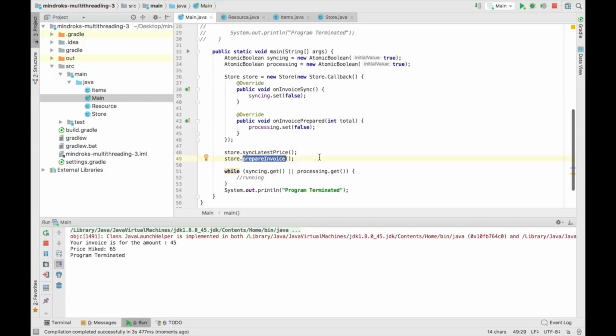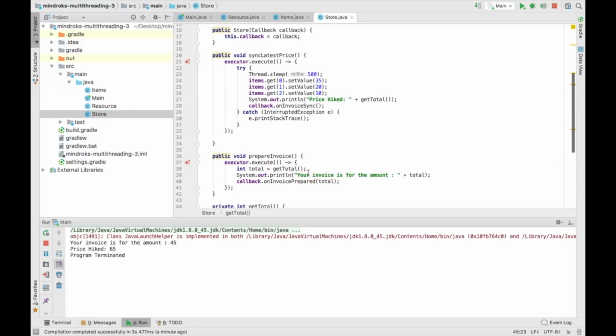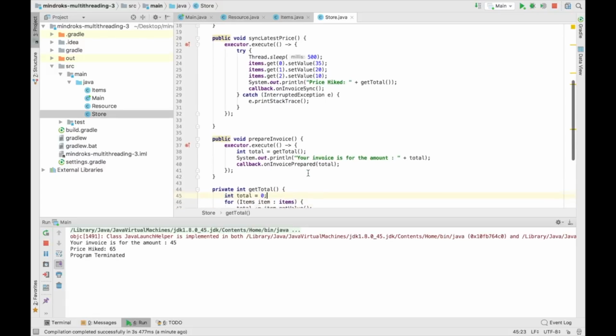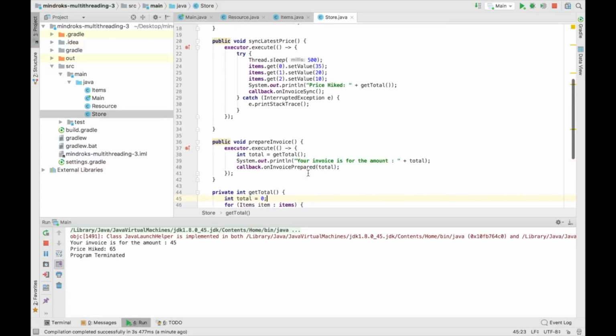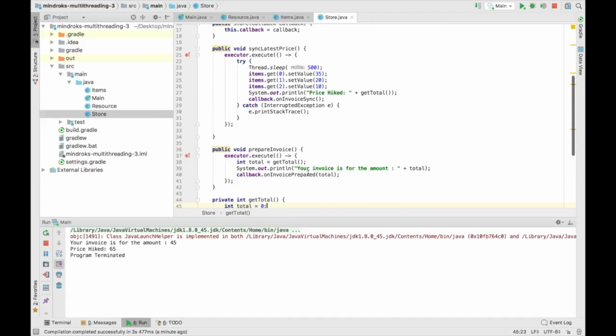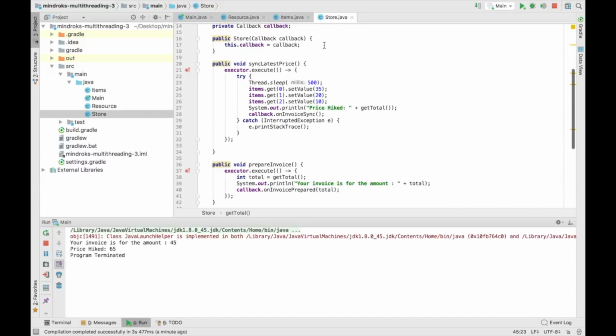If this was my company, I would have incurred a loss. So in order to synchronize the process where the invoice could be prepared but not when the price is being synced, so do so,